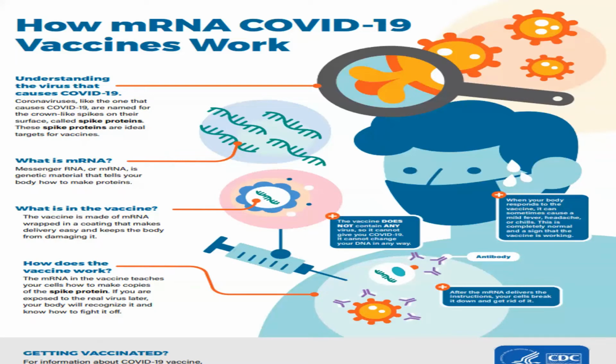So what's next? Next, our cell displays the spike protein pieces on its surface, and our immune system recognizes that the protein does not belong there. Therefore, it triggers our immune system to produce antibodies, and it tries to activate our immune cells to fight off what it thinks is an infection. So this is why your body tries to fight off the infection if you get sick with COVID-19. At the end of the process, our body has learned how to protect against a future infection from the